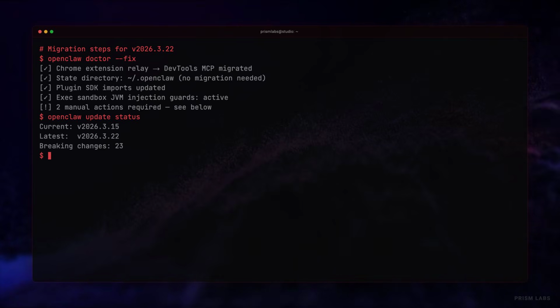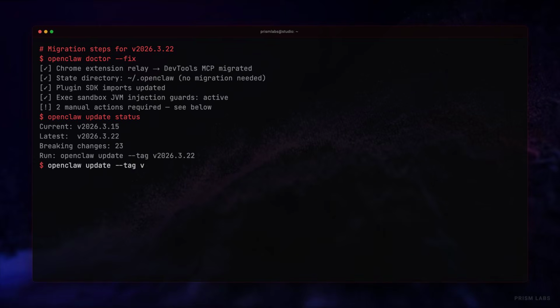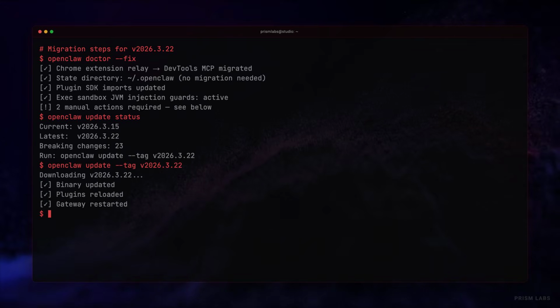Fourth, review your exec sandbox configuration. JVM injection vectors are now blocked by default, which could affect Java-based tools. And fifth, if you're on Telegram, note that fresh setups now default to require mention in groups. Run these steps in a staging environment first. With 23 breaking changes, you want to validate before hitting production. OpenClaw